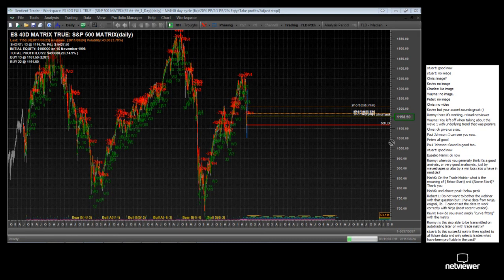Is this also able to be transmitted on auto trading later on with the trade matrix? Yeah, when auto trading is enabled in Sentient Trader, the trades that it takes are going to be entirely